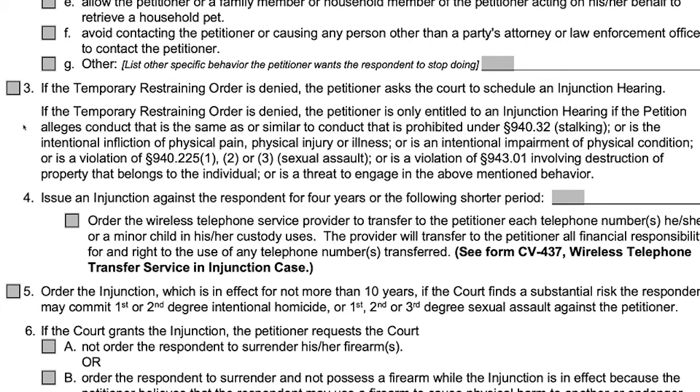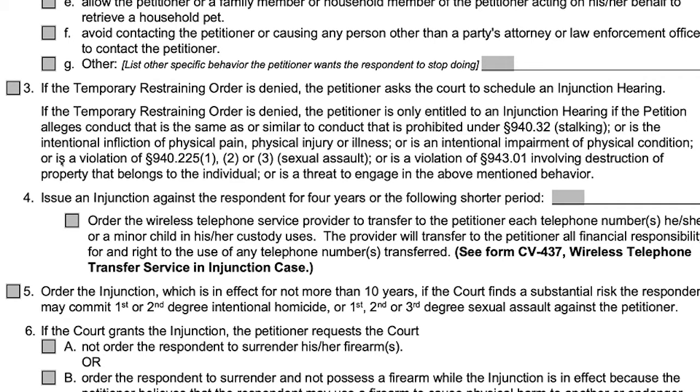So paragraph 3 is a little bit tricky. If the temporary restraining order is denied, the petitioner asks the court to schedule an injunction hearing. And then the form tries to explain to you why you're dealing with this option here. So if the temporary restraining order is denied, the petitioner is only entitled to an injunction hearing if the petition alleges conduct that is the same as or similar to conduct that is prohibited under State Statute 940.32, which is the stalking statute,